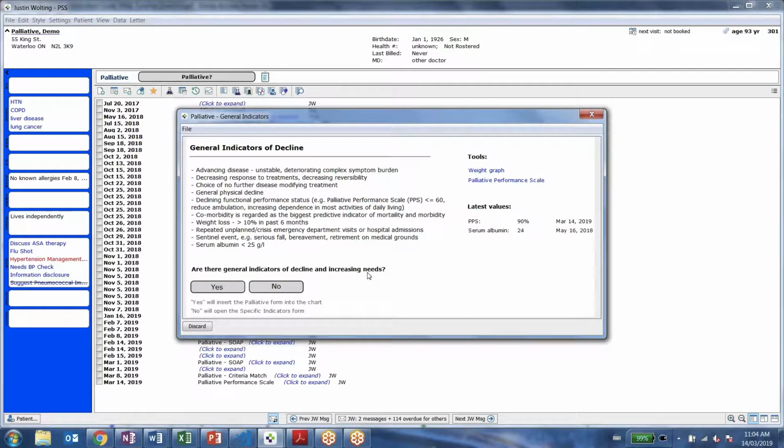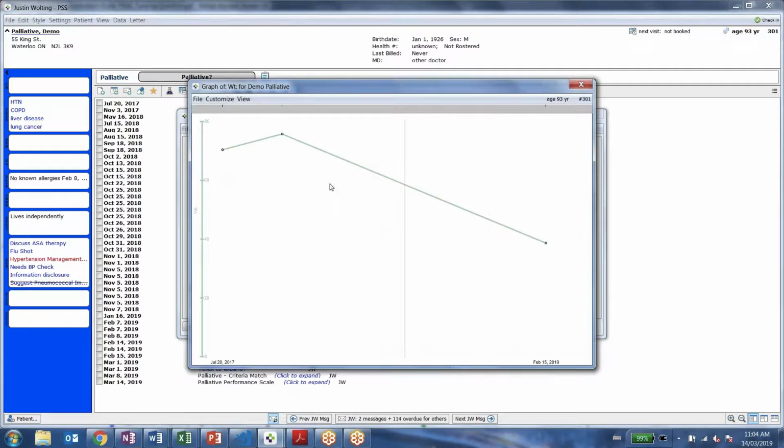We do provide some tools on the right-hand side for that decision support that helps with these indicators. For example, one of the indicators is a weight loss of greater than 10% in the last 6 months. So what we're able to do is the clinician can click on the weight graph and can actually make that assessment whether the patient has that